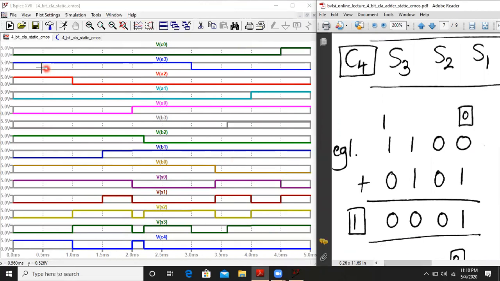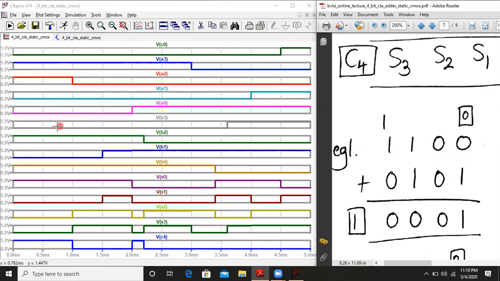So first, A3 from 0 to around 1 millisecond is the time period of evaluation. A3 is 1, so we have written it as 1. A2 is 1, A1 is 0 and A0 is 0. So we have written over here 1, 1, 0, 0.